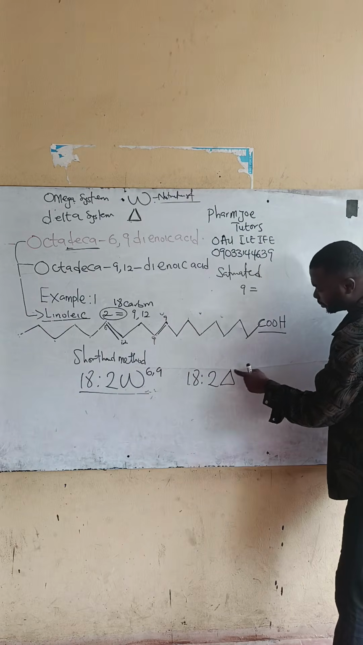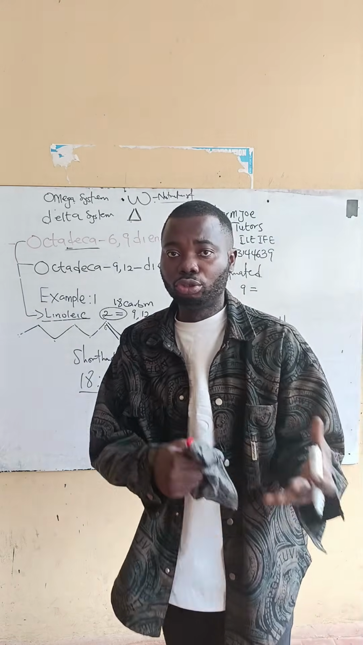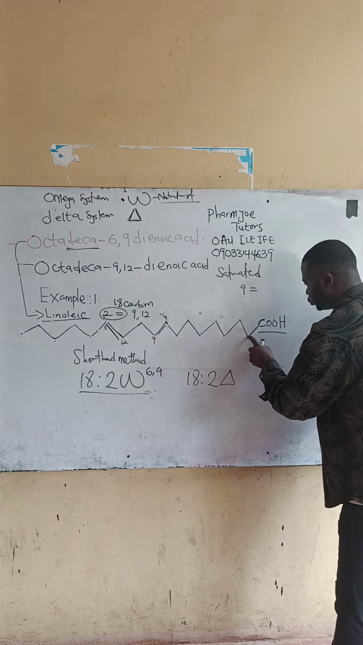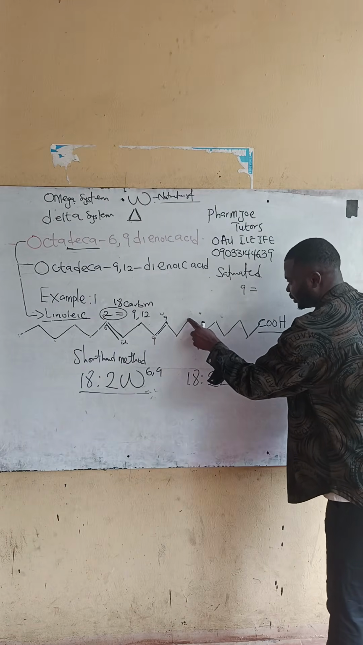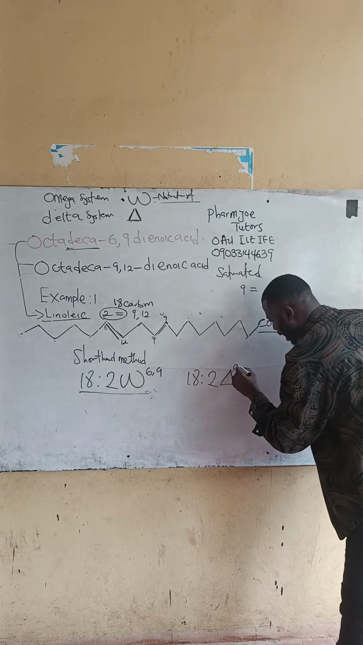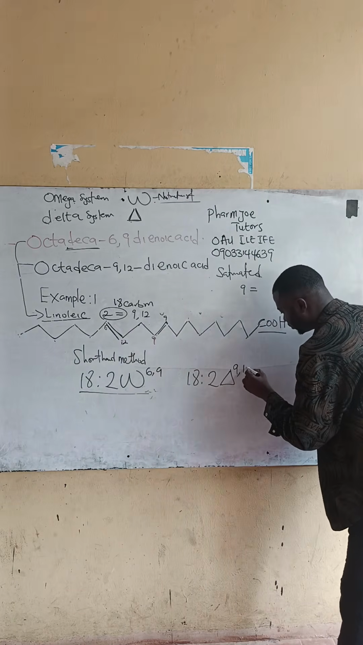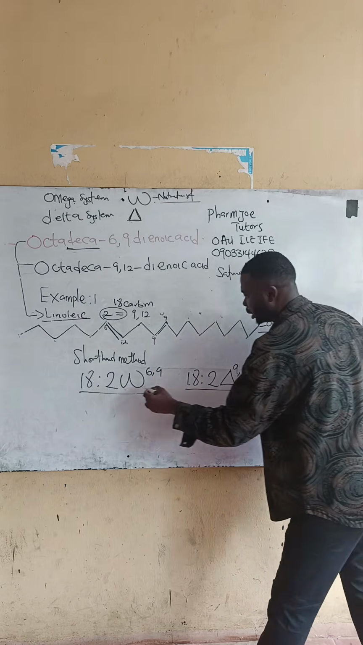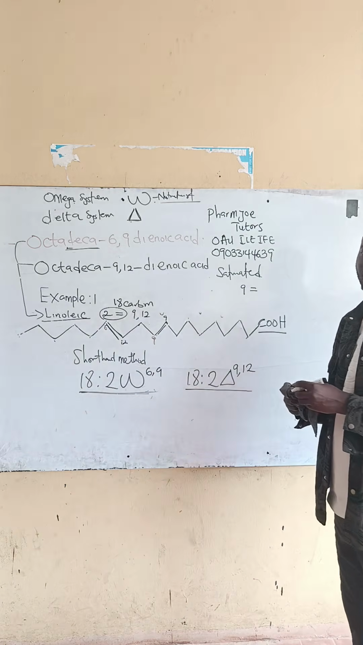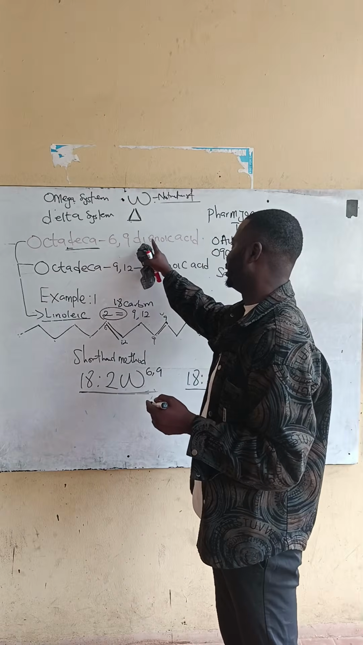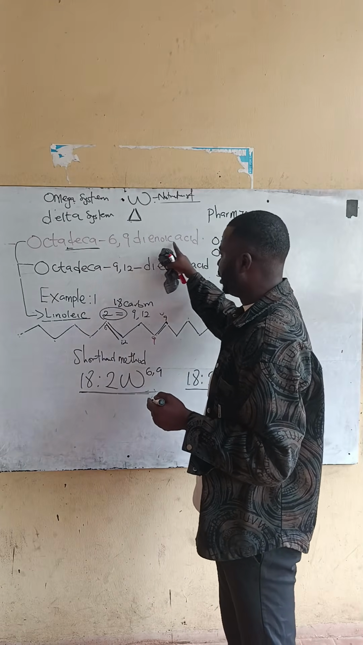But I'm using a delta system. Who uses the delta system? Chemists. I'll start counting from here: 1, 2, 3, 4, 5, 6, 7, 8, 9, 10, 11, 12. So this way, there won't be confusion, because if I just write octadeca-6,9-dienoic acid,